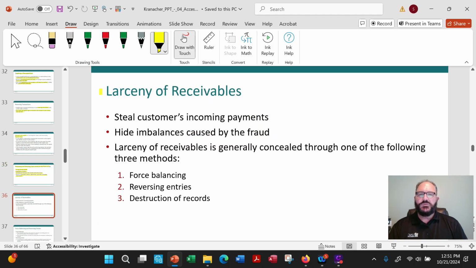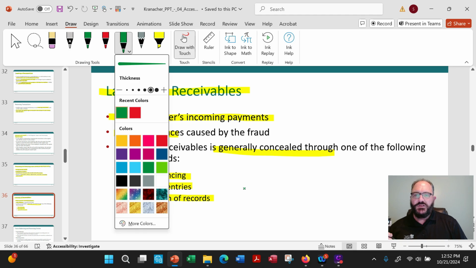What about receivables? Okay, this is when stealing a customer's incoming payments. By the way, that has to do with the story I'm going to tell you. They can hide the imbalances. How do they hide it? Generally concealed through destruction of records, reversing entries, and forced balancing. By the way, just to let you know, for that story I'm going to tell you later on,